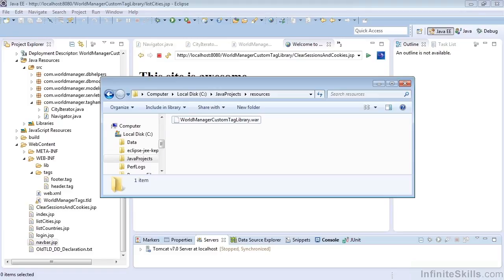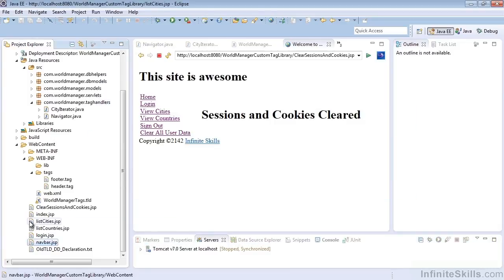In this video, we're just going to take a really quick look at something from the legacy. We'll still be working with World Manager custom tag library.war. That will be all we'll need for this video. So what you'll note at the bottom of this project, I've included a file called